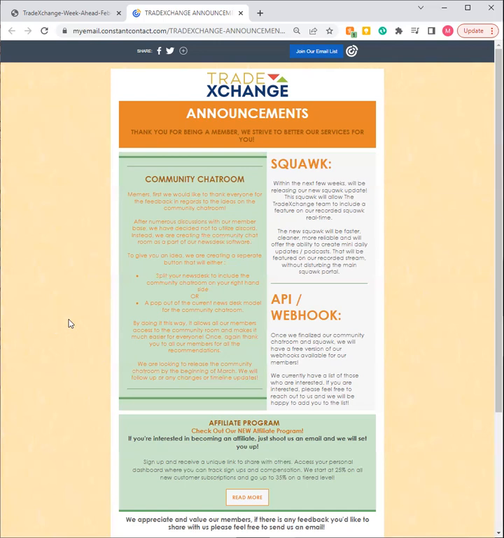That has been our mantra since the beginning of starting TradeXchange, and that will be the mantra moving forward, to streamline an information content portal. The community room will be a button that you push, and you can either have a pop out of the news desk model for the chat room, or it'll be like a split down the middle where on the left-hand side you'll have the news desk, and on the right-hand side you can have the community chat room. So we're keeping it all in-house, so everyone has the opportunity of utilizing that community chat room if they're interested without having to go to an outside third-party source. So we're very excited about getting that up and running.